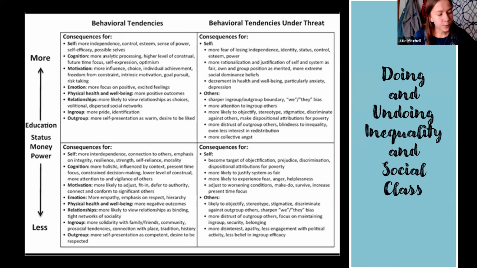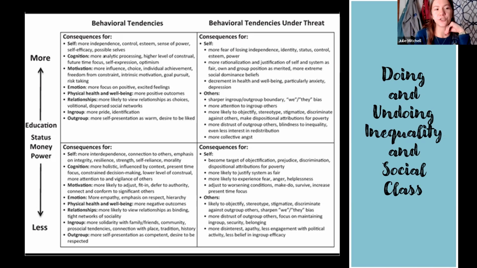And they even said in the article, people do not live outside social systems, and social systems operate only with the involvement of the participants. So if all of us unanimously agreed that we weren't going to base people on social class or label them, it would just go away. There's not a starting point or an ending point that keeps this cycle going. It's something that we can do something about.